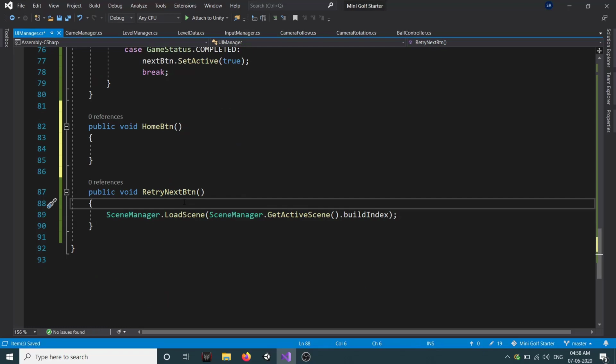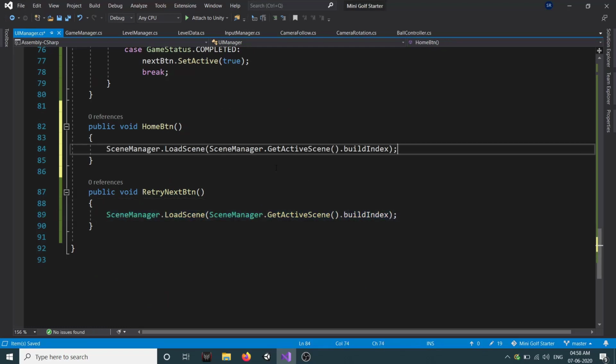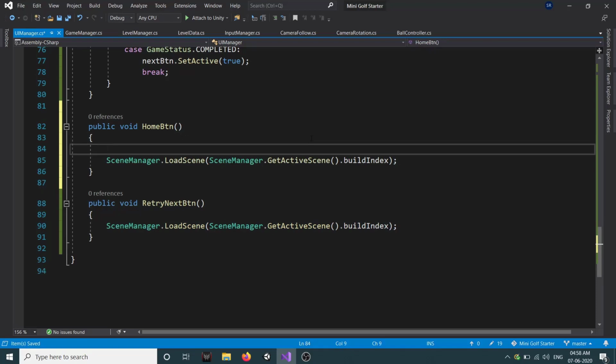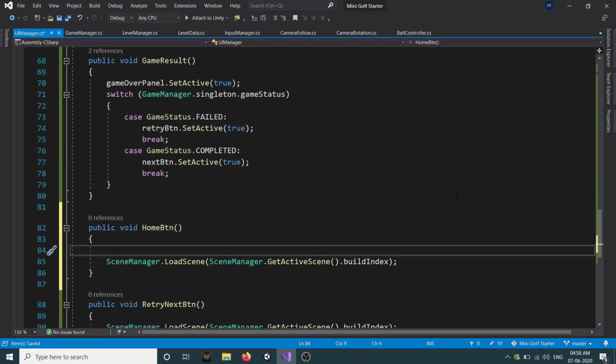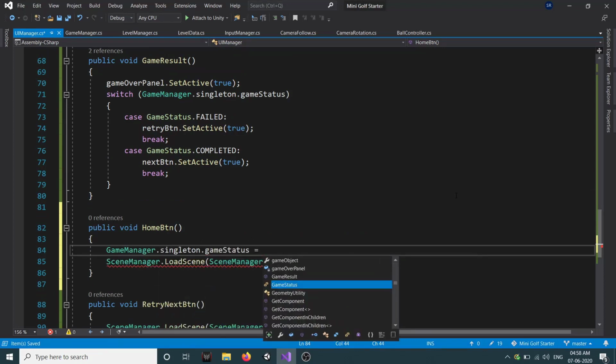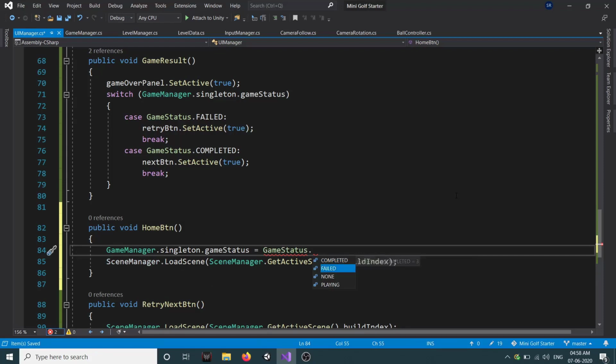The home button will do the same as this. So let's copy this. It will be reloading the level, but before it reloads the level, it will set the game status. So GameManager.Singleton.gameStatus is equal to GameStatus.None.